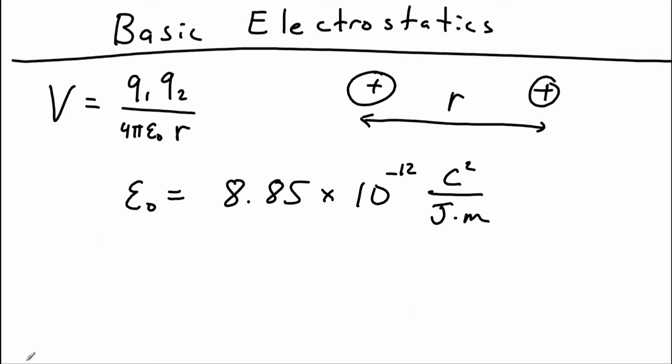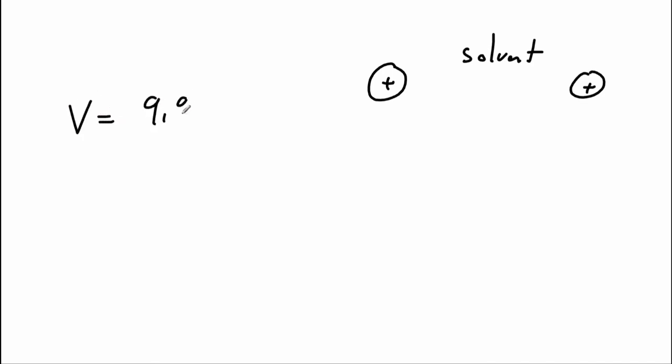And we're going to account for that using the dielectric constant. So let's look at that on the next page. We are very often going to have our two charges separated by some sort of solvent, whether it's a solvent or a solid material. And the modification to Coulomb's law is quite simple. The potential energy is equal to Q1 times Q2 over 4 pi epsilon naught times the dielectric constant times the distance between them. So this tells us that if we put in, say, hexane between those two charges,